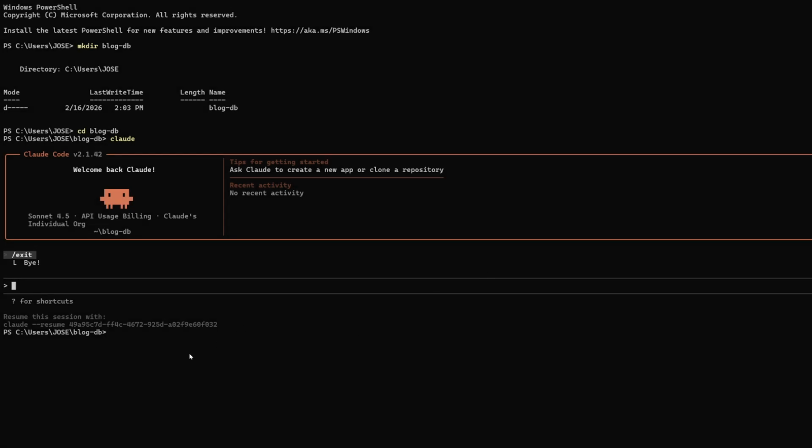Now, you will run the SQL file in PostgreSQL. Make sure you have PostgreSQL installed and running. In your PowerShell terminal, type psql -U postgres -d blogdb -f "schema.sql" and press enter. This command connects to the PostgreSQL database named blogdb and runs the SQL file. If the process completes without errors, your schema has been